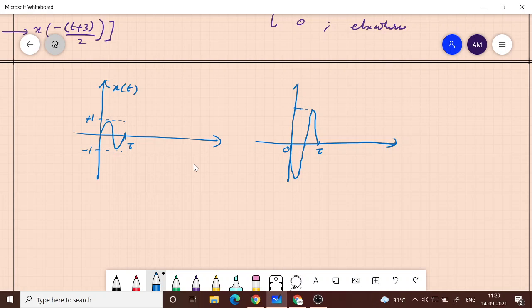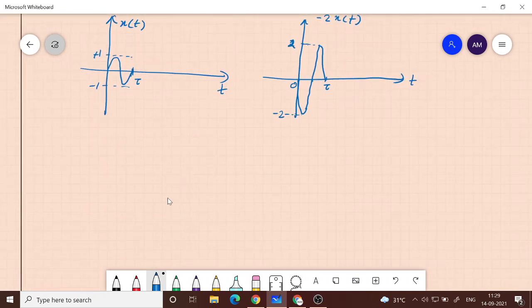Okay, so this is say -2 into x of t. So this is 2, and this is minus 2. Earlier it is from minus 1 to plus 1. First you have a positive cycle, but here you have first a negative cycle, and the amplitude is larger. Whatever was on the positive side goes to the negative side, but this is the reflection with respect to the time axis. Earlier we have seen inversion with respect to time.